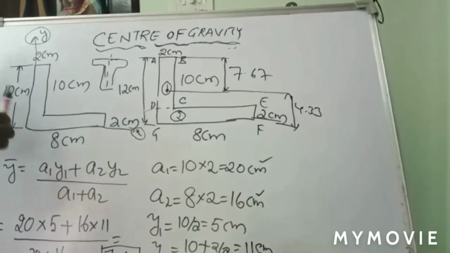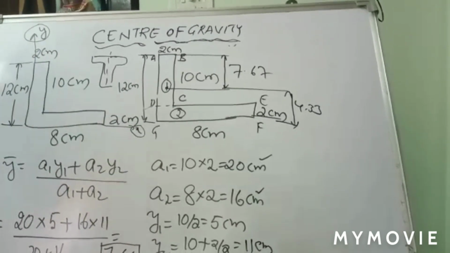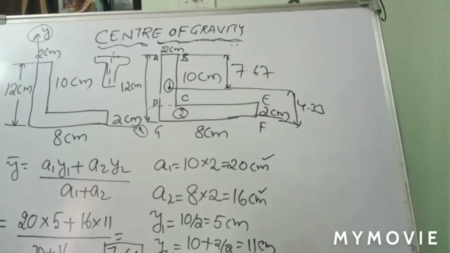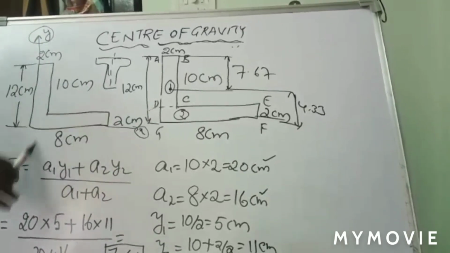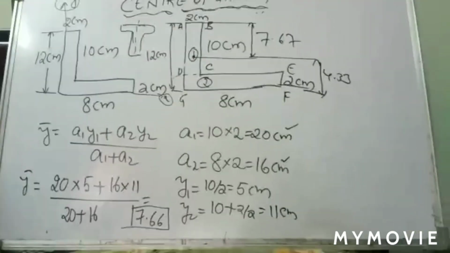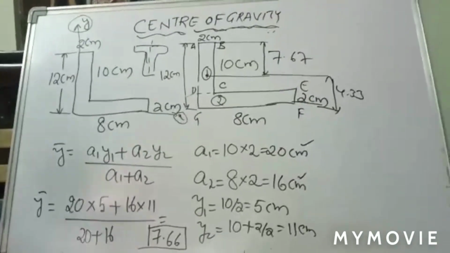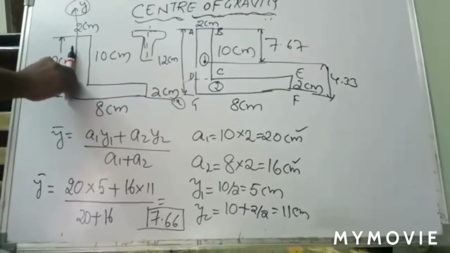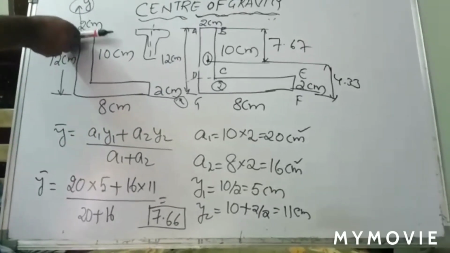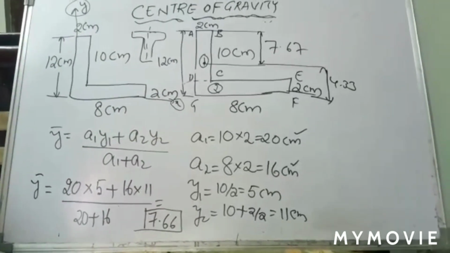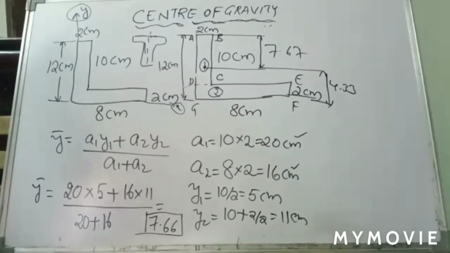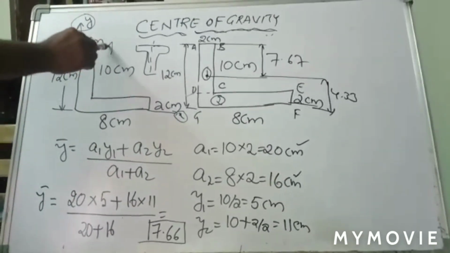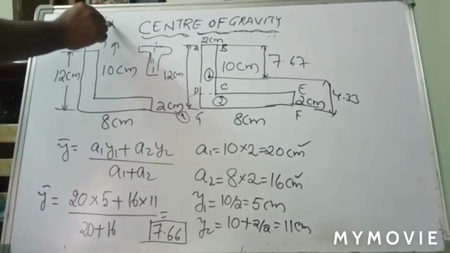It means you have to consider the axes from here or wherever, it's your choice, right? From the center also you can consider the axes, but it is not symmetry, only a reference axis. Here I am considering the x axis here and the y axis here. That means you have to move from the x axis here and from the y axis here, likewise. So this is your L section and it is an unsymmetric section, not symmetric.